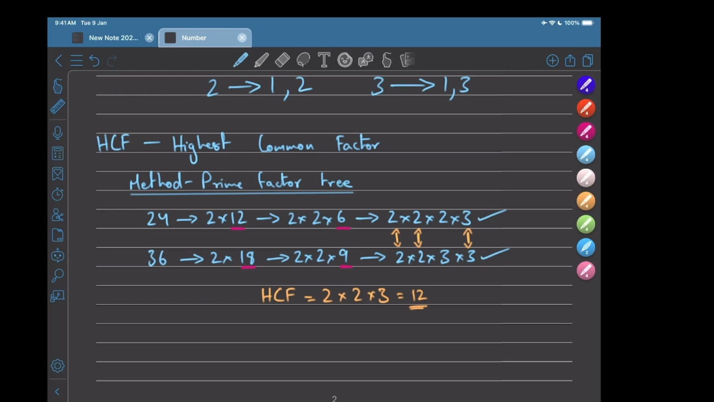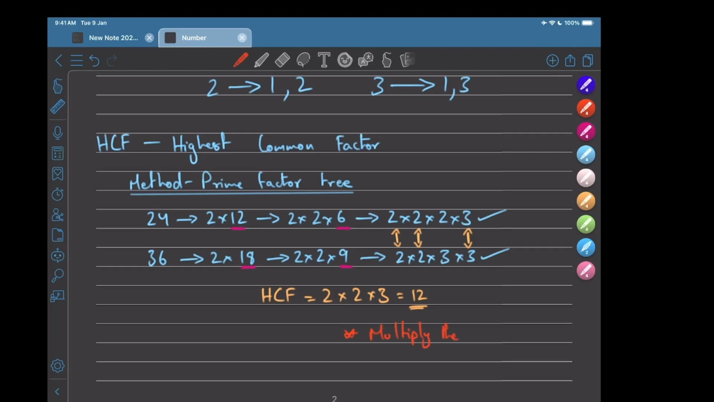6 is not a prime number, so again we break down 6. We broke down 6 and got 2 and 3, and we cannot break 3 down anymore because 3 is a prime number. Once you can see that everything is a prime, that's when you stop. You do the same process with the other number that they give you, and now this is the most crucial thing. You take the commons. You only take the commons and multiply